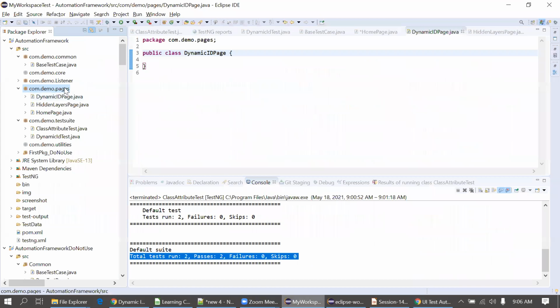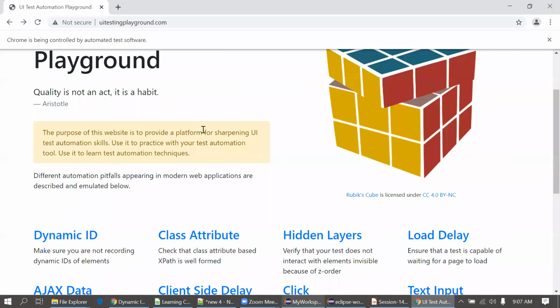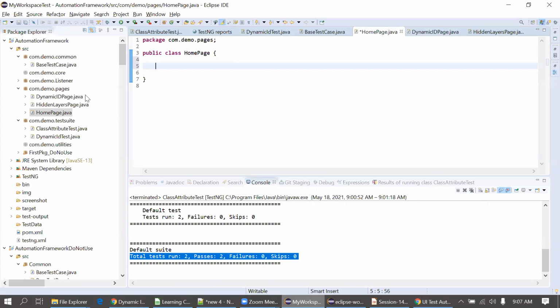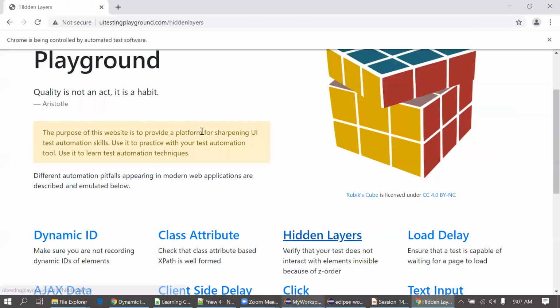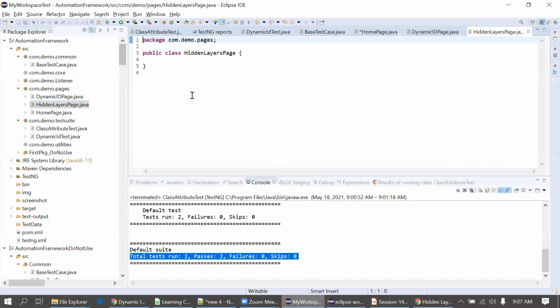And we will put all the locators of each respective page into that respective Java class. Anything which is displayed on this page, I can put into the home page. Everything displayed on the hidden layer page, suppose I am going inside it, I can simply put into the hidden layer page. Like that, we have to put all the locators of the respective web pages into the respective Java classes. So now I'll use the constructor here.